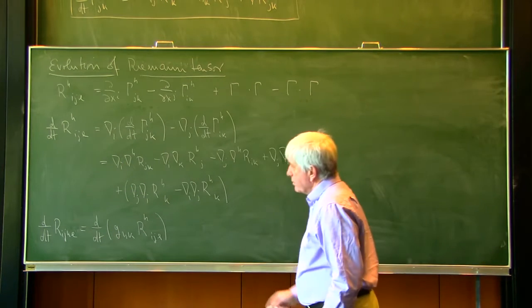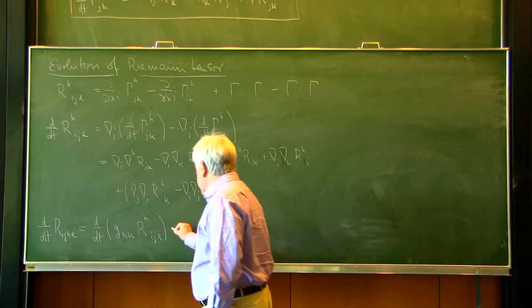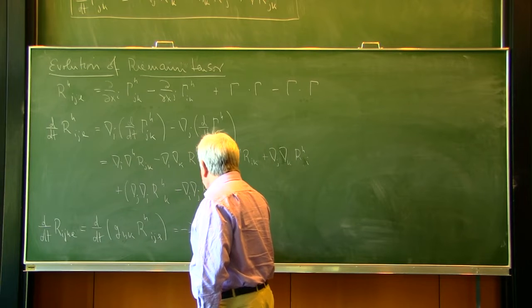So to get this, we also have to take into account the evolution of g_{HK}, so this gives us minus 2 Ricci_{HK}